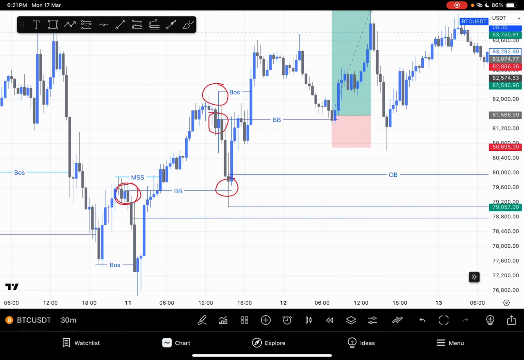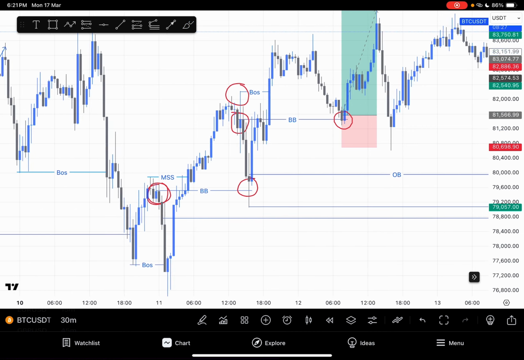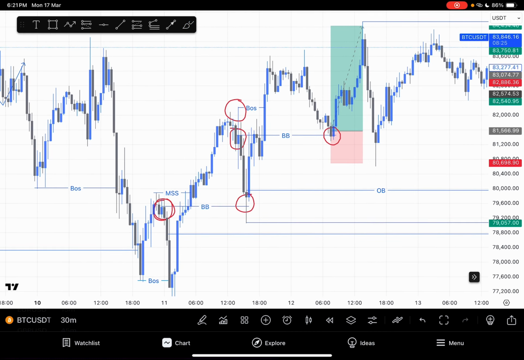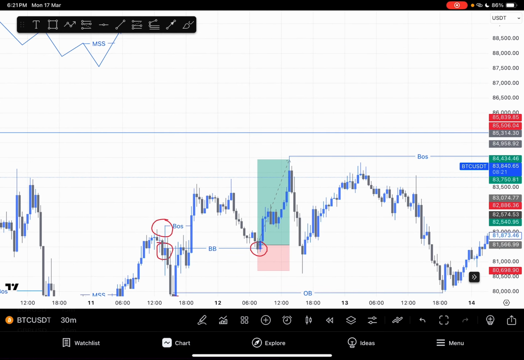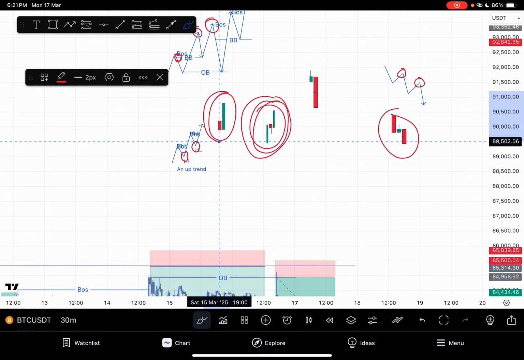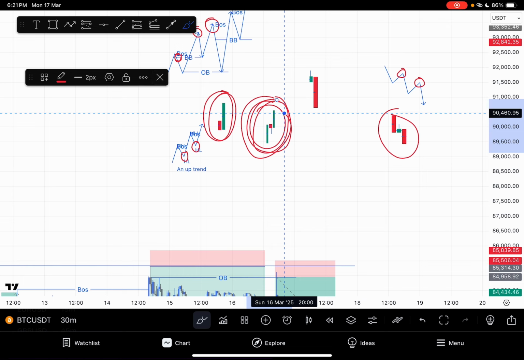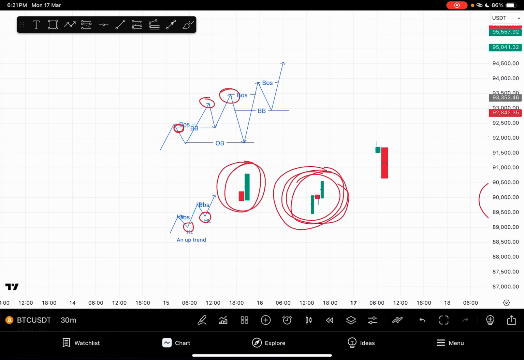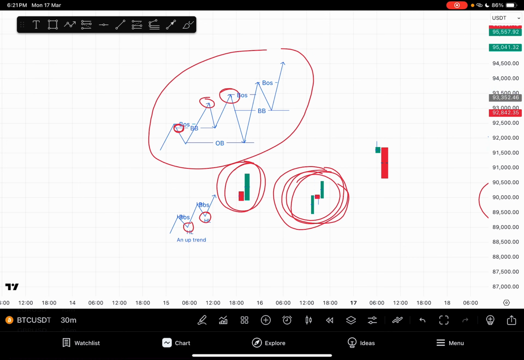I put my entry with the candle at the middle, and you see price came, tap into it, then push to the upside again. So now after the BB, remember I told you there are different types of order blocks. We have this kind of order block, we have this type of bullish order block also, and from this stuff, if you recall from this stuff, I said once price creates